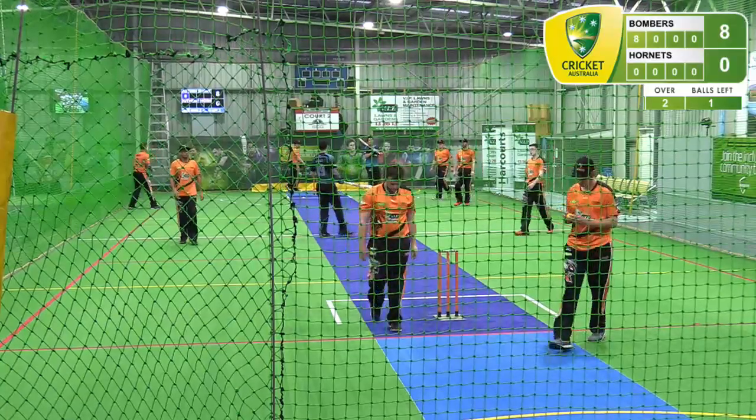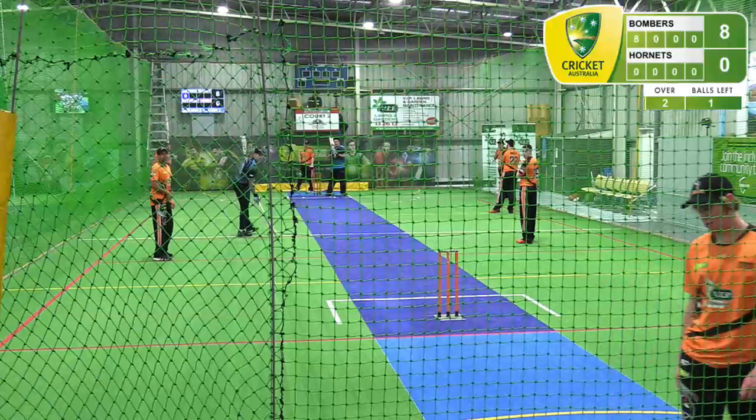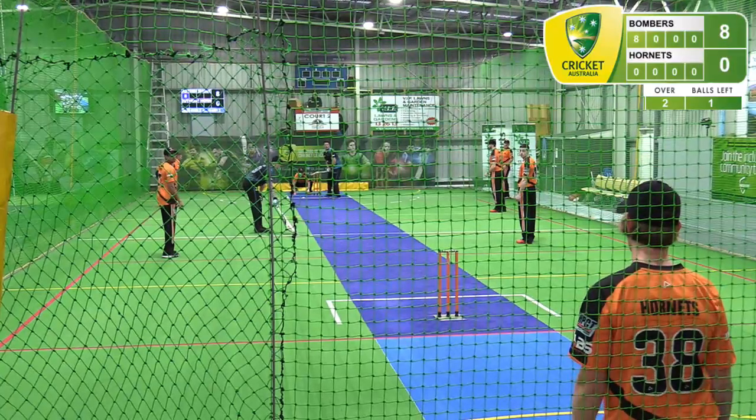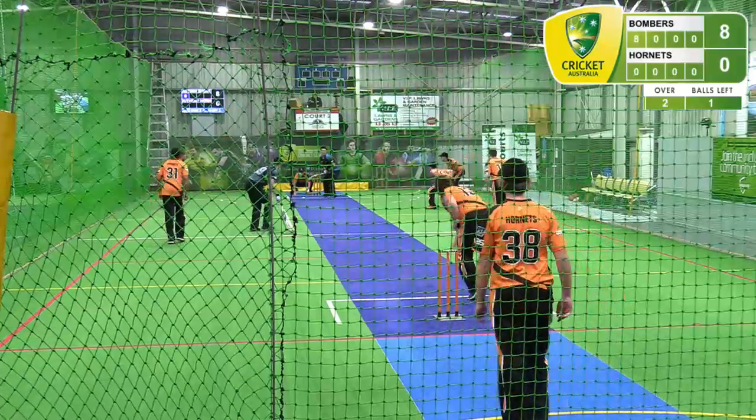Been a pretty good recovery so far after Rowan Shelton got a very good first over. Yep, they've sort of got things reasonably back on track, and they'll be pretty comfortable at the moment. The openers. Do these fellas open every game? Yeah, most games. I think